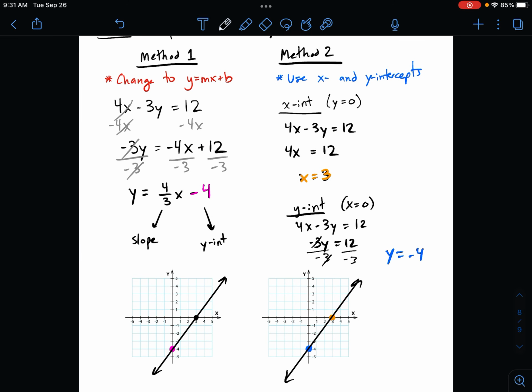It's just a matter of thinking which of these makes more sense to you and which of these you would like to use, okay? Again, if I ask you specifically which method to use, I expect you to use that method. But if I don't ask you for a specific method, feel free to use